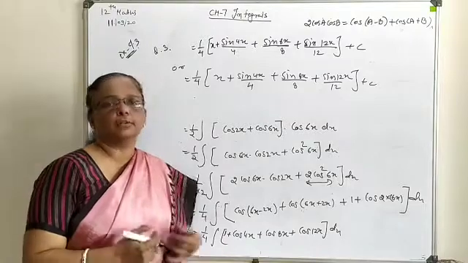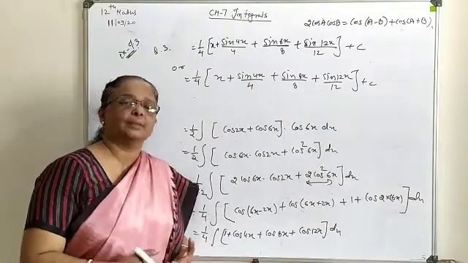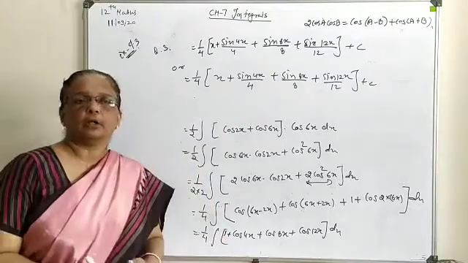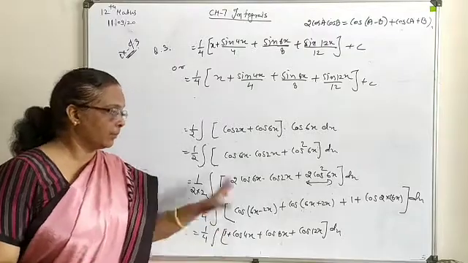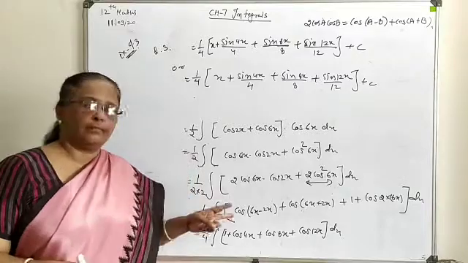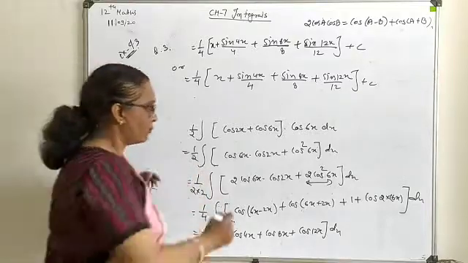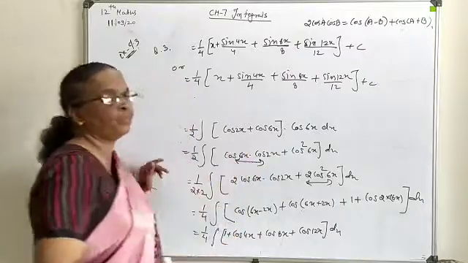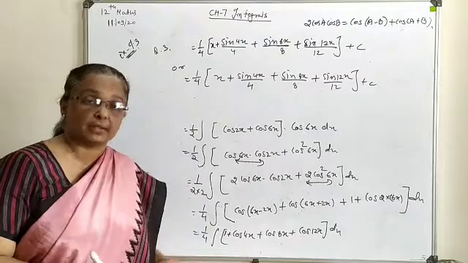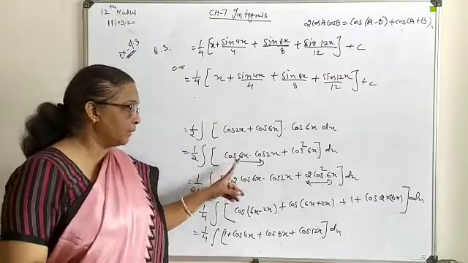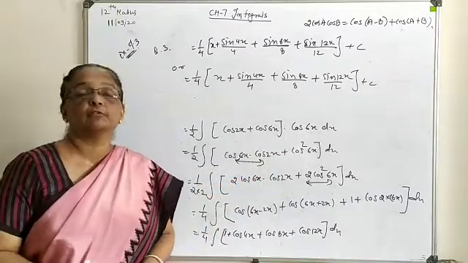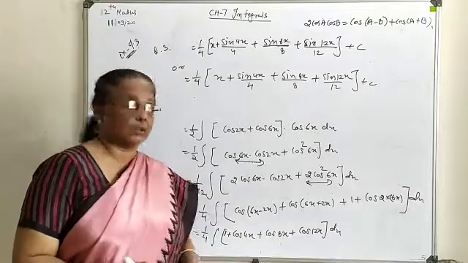Now here you can observe your question was available as a product of all the cos, and the answer you are getting is an additive form of all the sine. This is very important because interconversions are required during the solution. Here two types of interconversion we have used. First is a product form in terms of cos. In place of this, in your question you may have a product form in terms of sine only, or one term with sine and another with cos. So you must have command over the formulas and how to interconvert them.